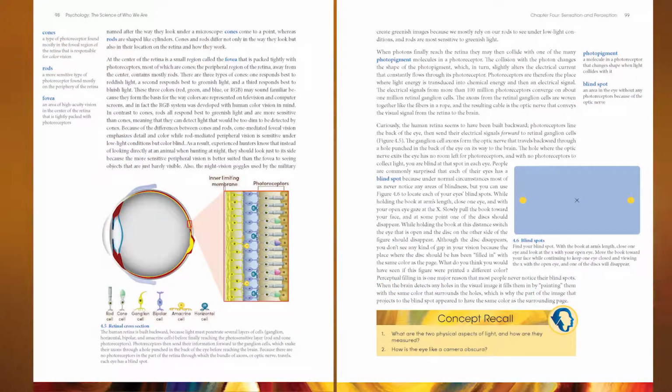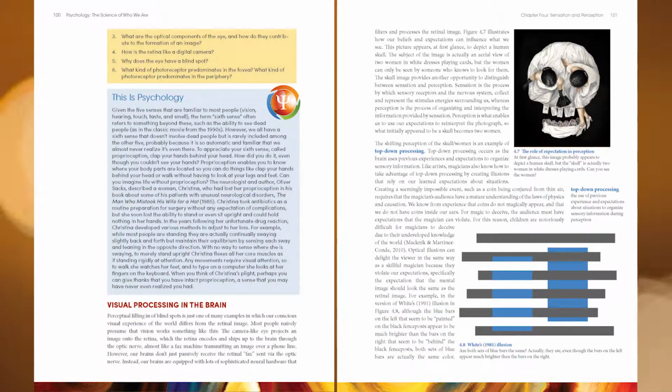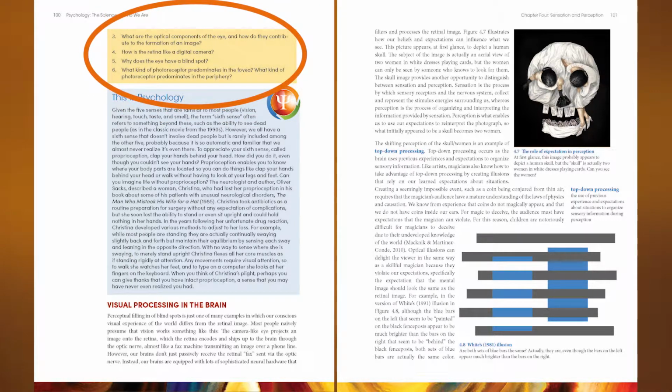As students read further into the chapter, they'll come across concept recall boxes at the end of each major reading section. These are purposely not scaffolded. They seek to assess student understanding of the section with which the questions are paired. At multiple points in their reading, students have the opportunity to review the chapter and gauge their understanding with more concept recall question sets that prepare them to engage in end-of-chapter activities in the review, reflect, and write section, which